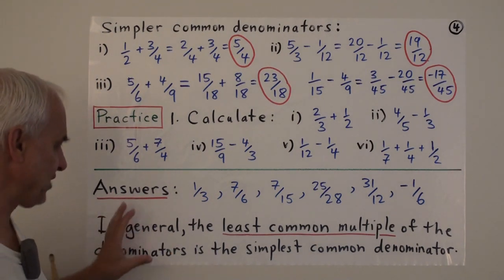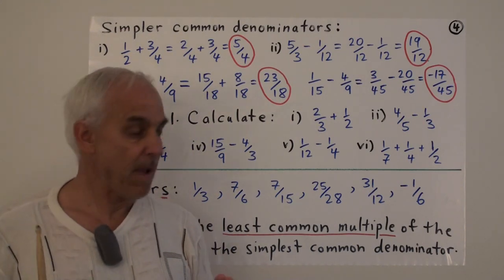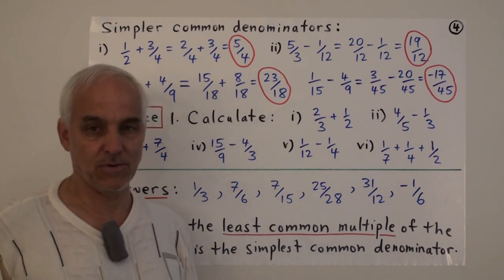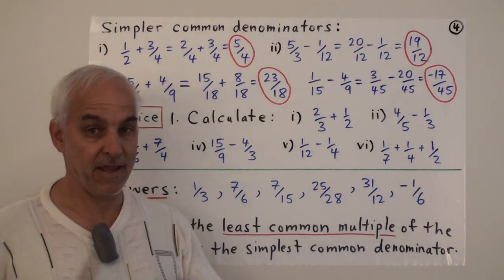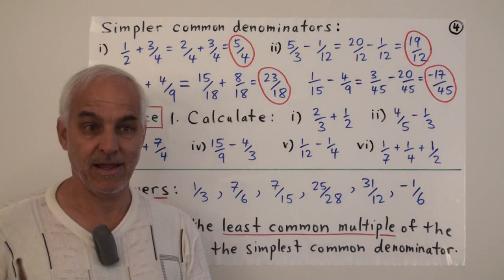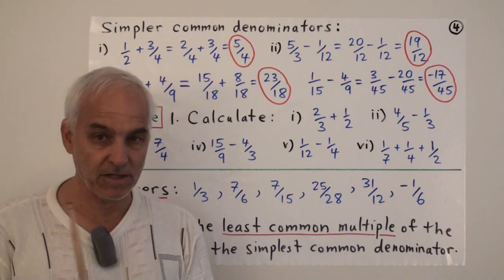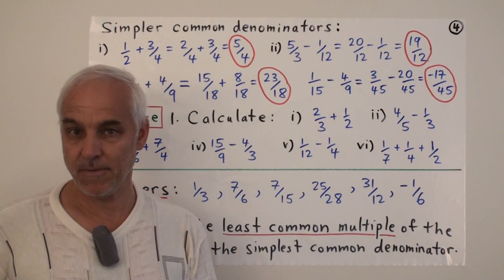But if the theory of least common multiples is a little bit complicated for you, remember that you don't really have to worry about it. You can always just use the product of the denominators. And I think this is the way students should be taught at first. This is the default thing that you do. You just use the product of the denominators as the new denominator, the common denominator.